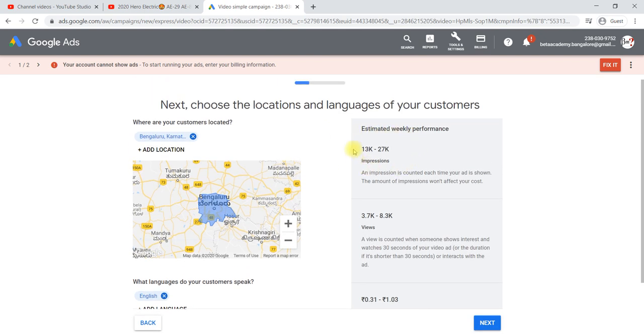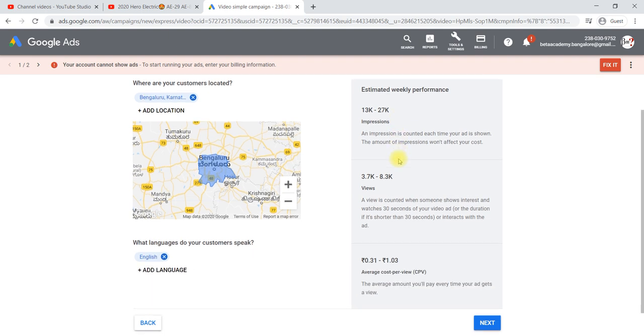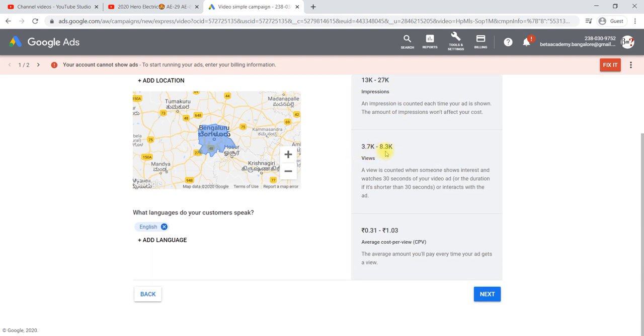Here it shows how much you can expect weekly: 27K, in the sense 27,000 times your ad will be shown, with a minimum of 3,000 to 8,000 viewers expected. The average cost for your ad will be 30 paisa to 1 rupee. Then you can say next.